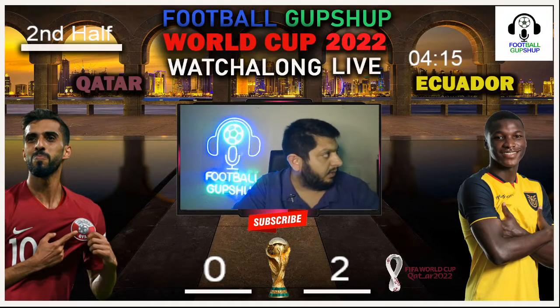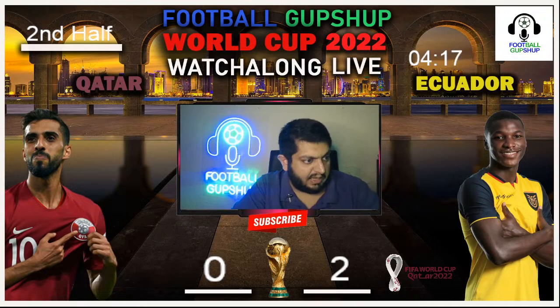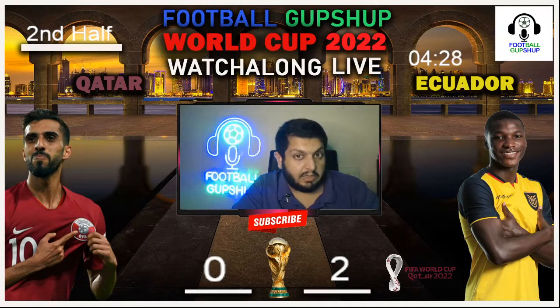But so far, I can only understand one thing, and which is that Qatar are not trying their best to play the natural game. I think they've been overwhelmed by the emotions. I think that they are just insecure, and you can clearly see that they are not playing up to their strength. Ecuador, on the other hand, would have been 3 goals ahead if not for that disallowed goal. And I think that Valencia was really unlucky over there because of that leg.